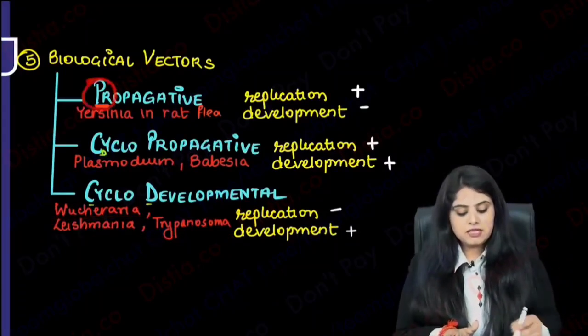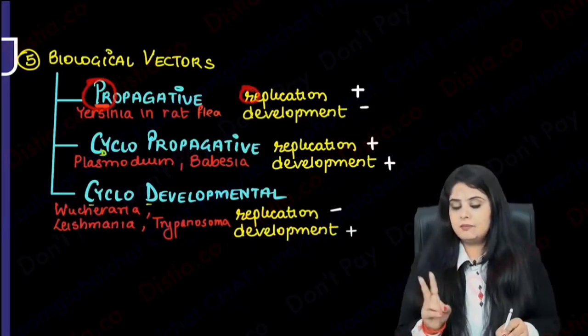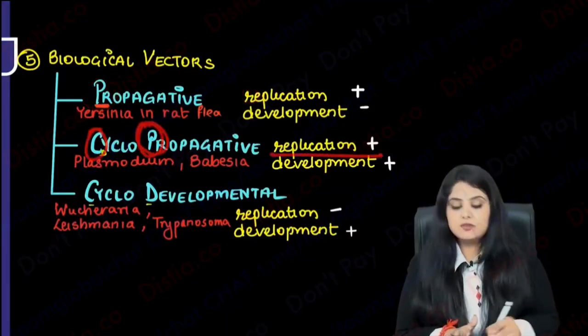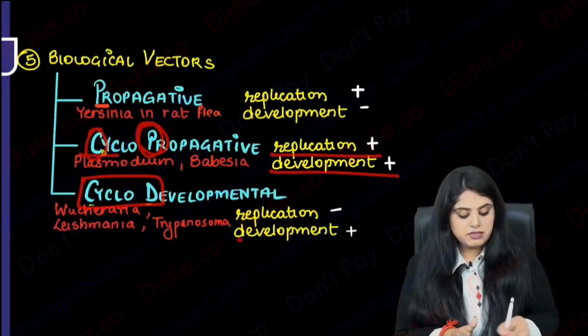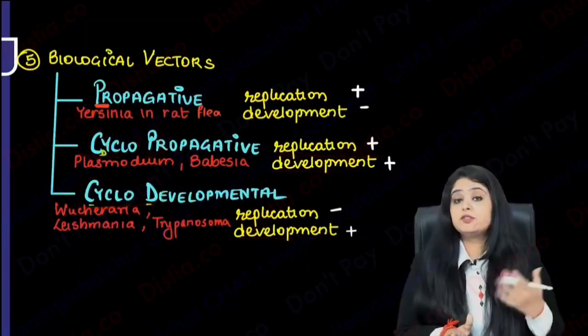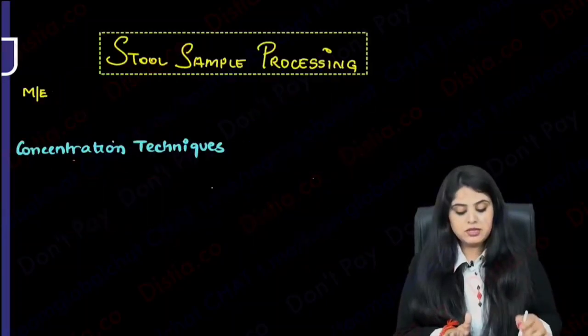So repeating: propagative means replication will occur. Cyclopropagative means propagative, so replication will occur, and cyclo means development will also occur. And cyclodevelopmental means just development will occur. Easy to learn. Now before I proceed to the main part, you need to know that whenever I talk about any of these organisms,